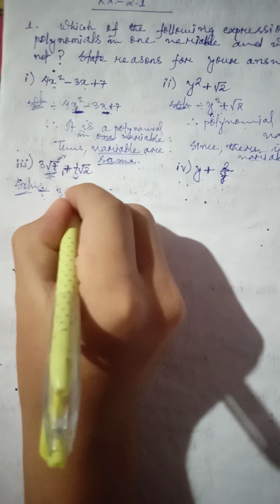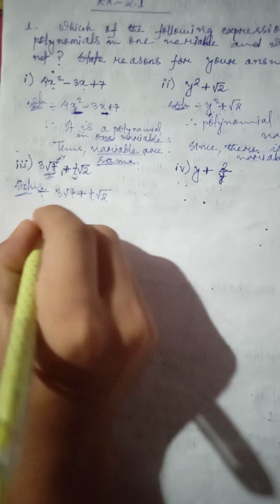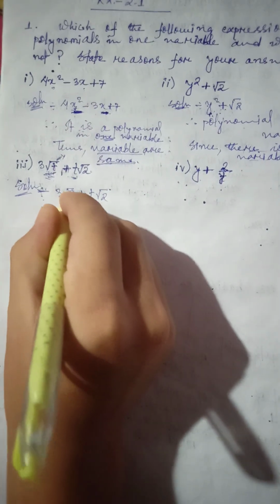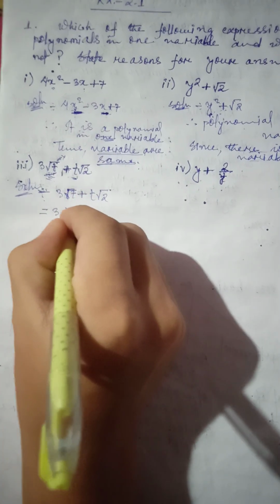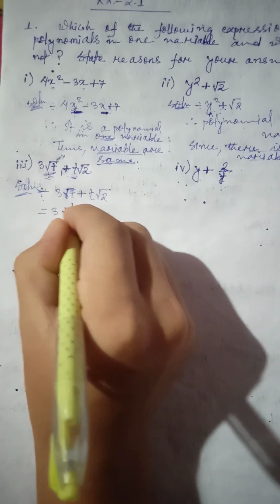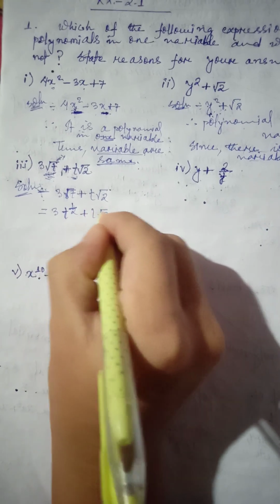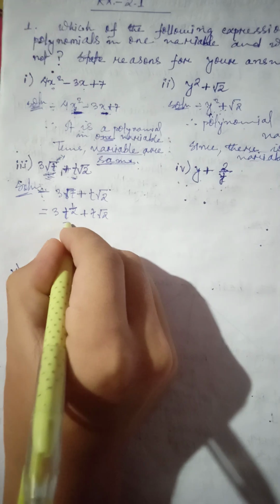Here, as we can see, it is root t. Here it is t root 2, 3 root t. So root t can be expressed like this: t to the power 1 by 2 plus, so keep this one as it is. Actually here we have,